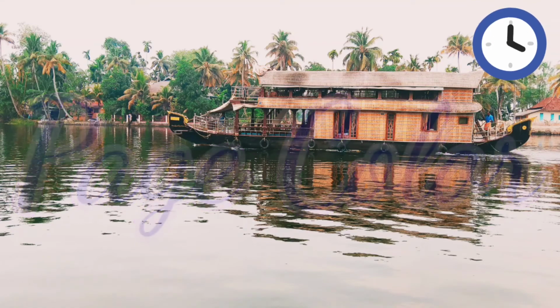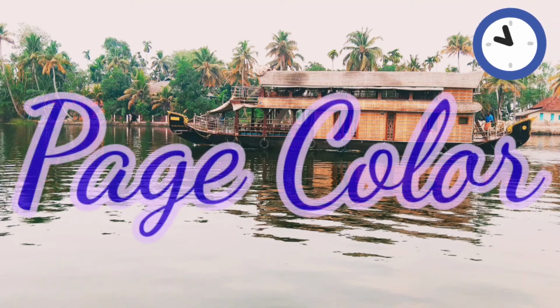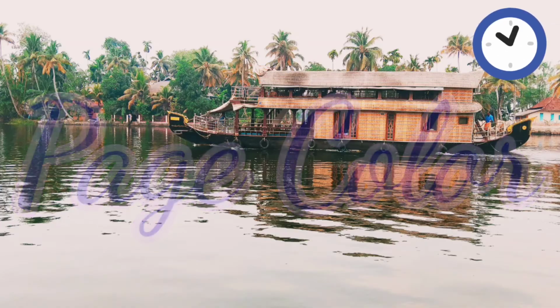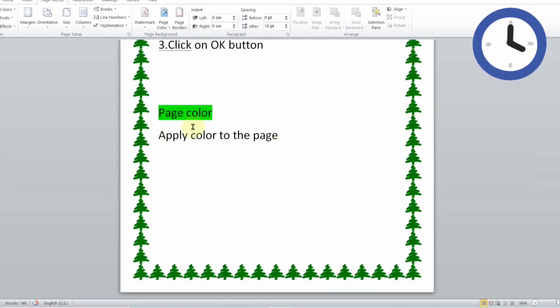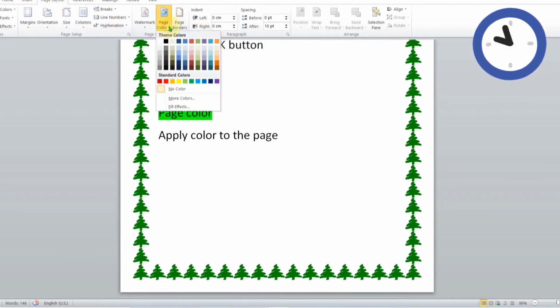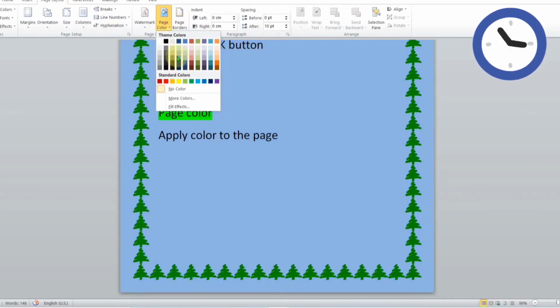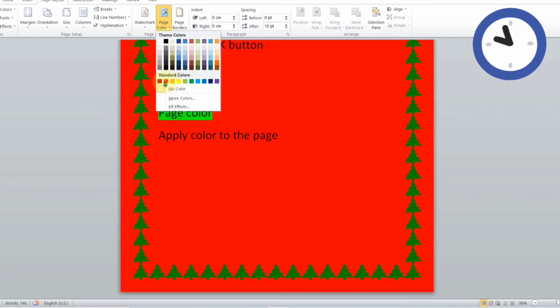Next, let's study how you can apply a color to the entire page using the page color option. To apply color to the page, click on Page Color option in the Page Background group in the Page Layout tab.